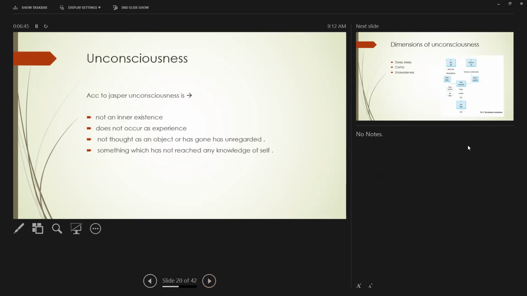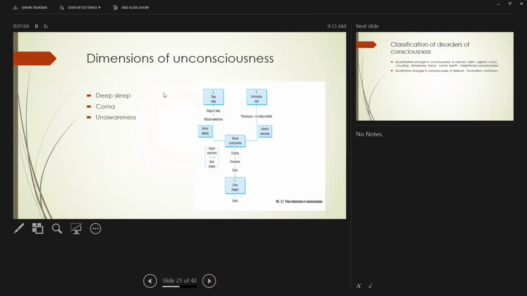Then there is unconsciousness. According to Jaspers, unconsciousness is not an inner existence, does not occur as an experience, is not thought of as an object, or has gone unregarded, something that has not reached any knowledge of self. Now, the dimensions of unconsciousness are deep sleep, coma, and unawareness. So consciousness is a continuum. In a normal person, it ranges from normal consciousness to reduced wakefulness to stages of sleep to deep sleep. In a patient with organic brain disease, it can range from normal consciousness to clouding of consciousness, drowsiness, and